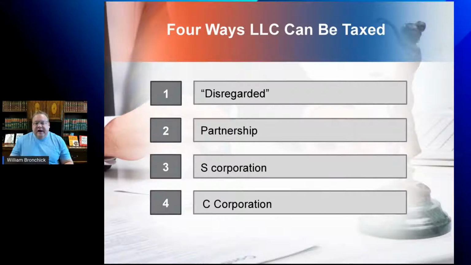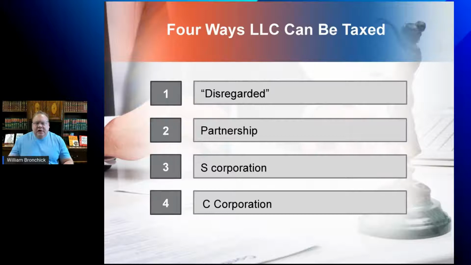All 50 states recognize them, and each state has a different filing requirement, but it's basically the same. You file articles or a certificate of organization with the Secretary of State, just how you would with a corporation. And then you have internal documents, such as an operating agreement. You get a tax ID number. You have resolutions like a corporation, and so forth. The IRS never came up with a tax return for an LLC.